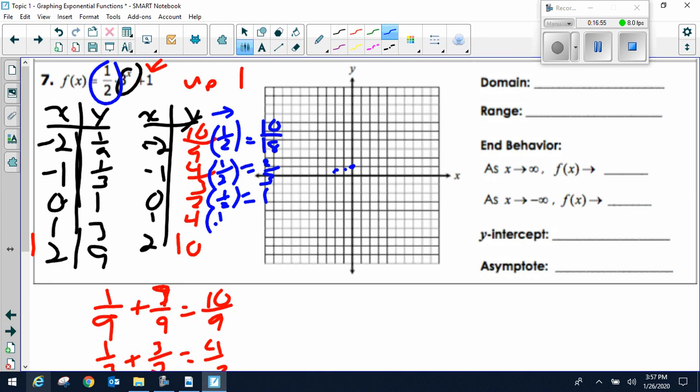Four times 1/2 would be at 1, 2. And 10 times 1/2 would be at 5. So there is your function transformation. So your asymptotes,